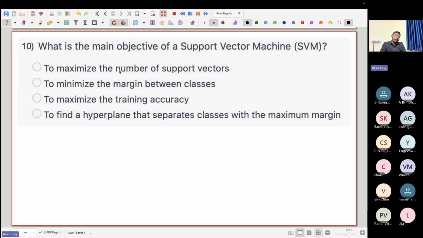And the last question asks: what is the main objective of a support vector machine? So we know, let's say your data set looks like this again. This is just a recapitulation of the SVM part. So let's say your data set looks like this, and you have put